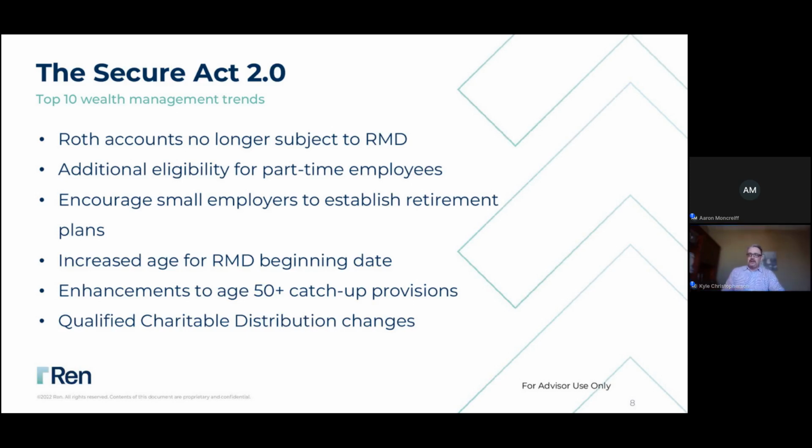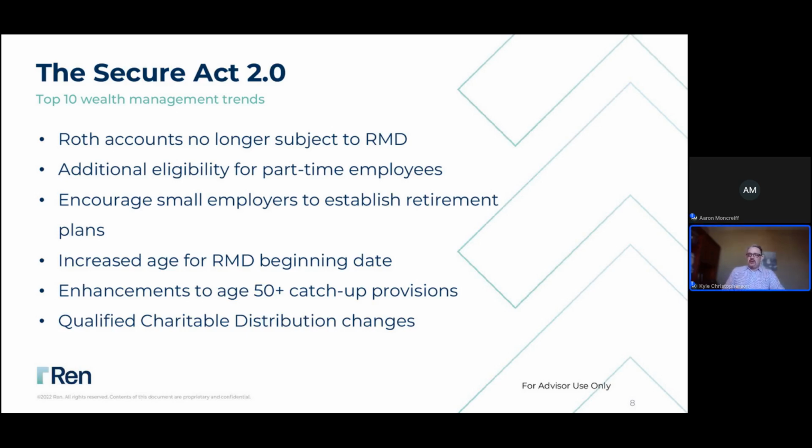for many of you. But first, automatic 401k enrollment for new plans that are created, and then employees are going to have to proactively opt out, which is different than what was being done prior to this act going into place. Next, there are changes to required minimum distributions, as the age for those RMDs to begin has been pushed back up to age 75, and that's dependent on your current age today. And then next, we have no more RMDs from the Roth 401ks, which makes total sense. These are distributions that are not going to be taxed.